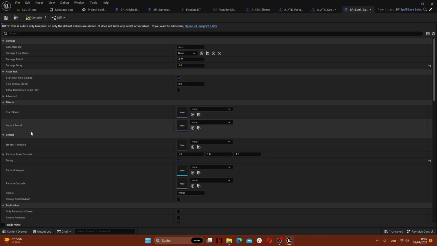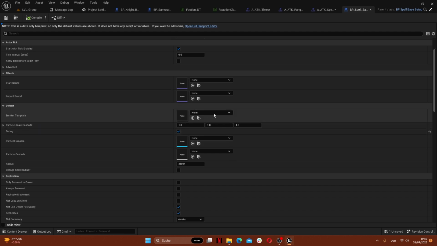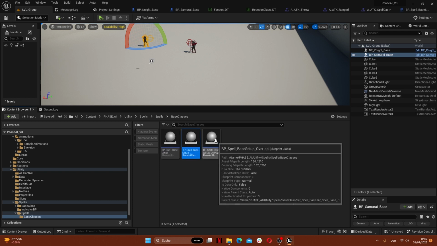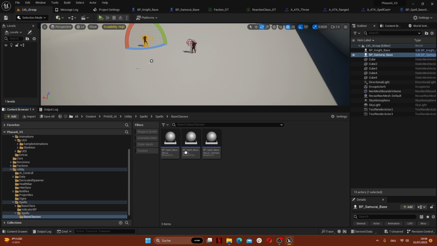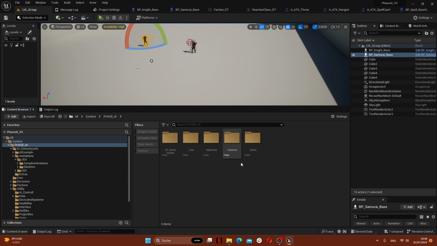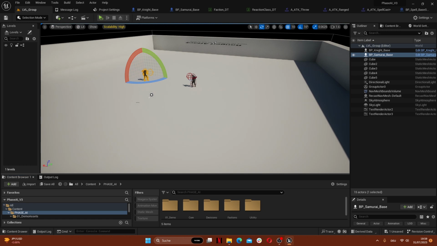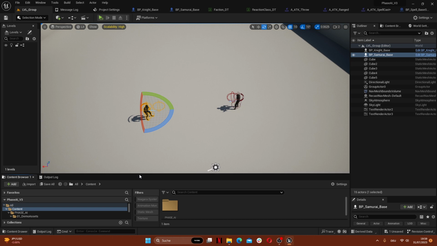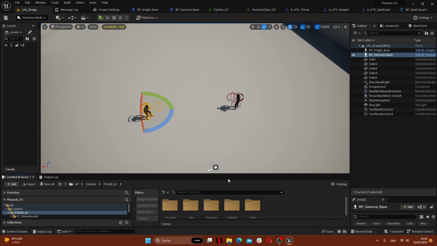You can have start and impact sounds, emitter template, Niagara or Cascade. We have a debug, we have a radius, and change spell radius if you want to change it. Right, so pretty straightforward. We have here some other ones like overlap and stuff like that. Take a look at it. But yeah, this is basically how you set up an AI and how to do factions and stuff like this. And the good thing with the factions is also now that we,